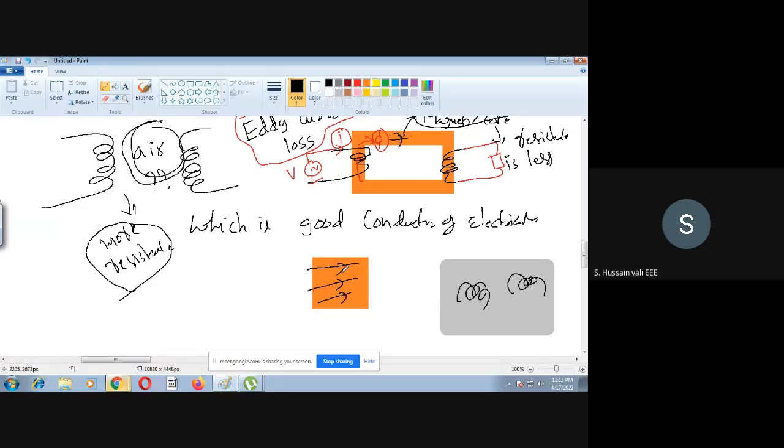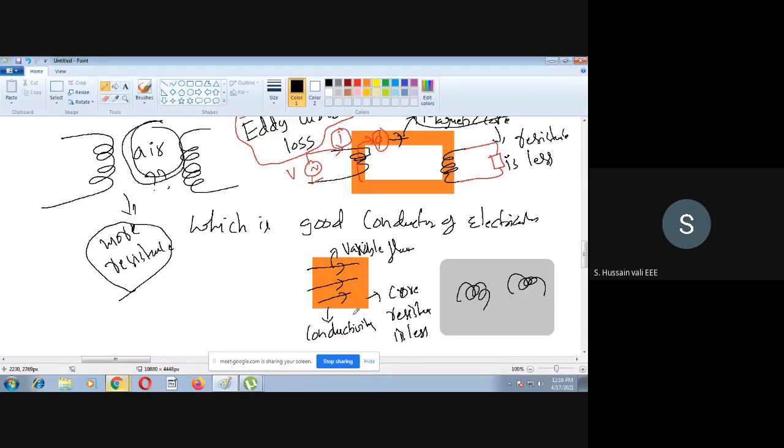As the flux is flowing, and this flux is a variable flux, I just now told you it is a variable flux. And one more thing, just now we have seen that this core resistance is less, not lesser than the copper conductor, but it is lesser than the air. So in the sense, at least it has some conductivity. It's not an insulator. It is a conductor also, but it is a bad conductor.